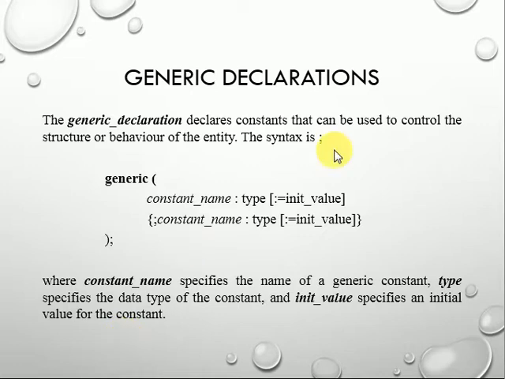Now if a number of constants are present, then you can separate these constants by a semicolon, and then you can have another constant. So this will be the syntax for generic declaration.